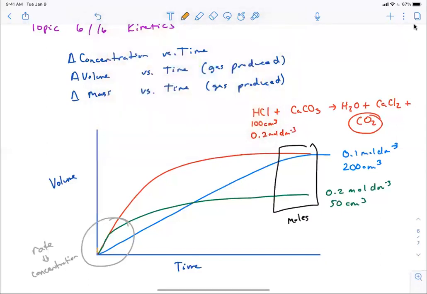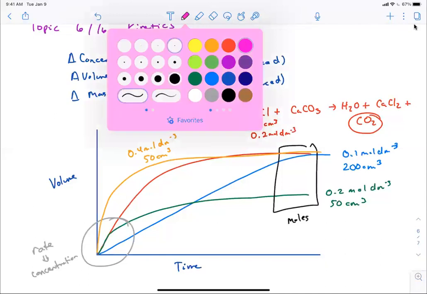Now, if you get something like this, here you might say that you have like 0.4 molar and 50 centimeters cubed. Okay. If HCl is your limiting reactant, that's kind of the key thing here. You have to really read the question a lot, because if HCl is your limiting reactant, then that's going to determine how many moles that you can create and things like that. But if CaCO3 is your limiting reactant,